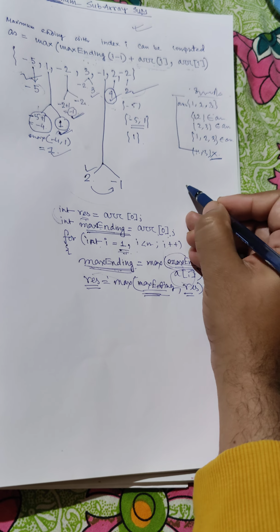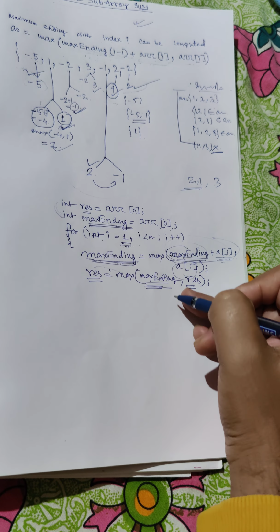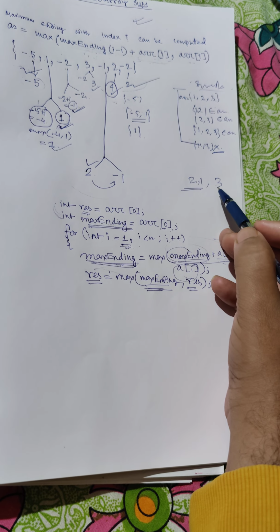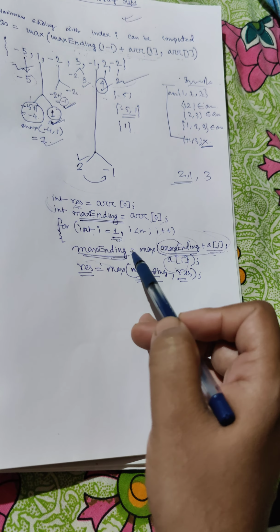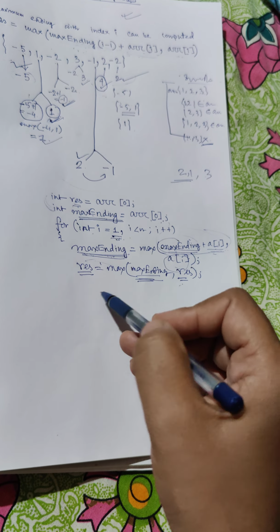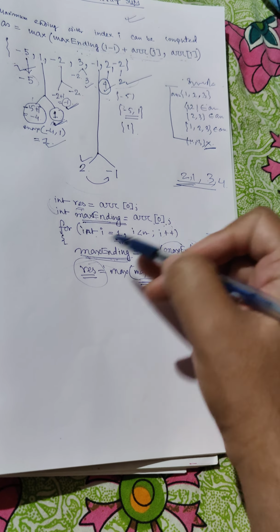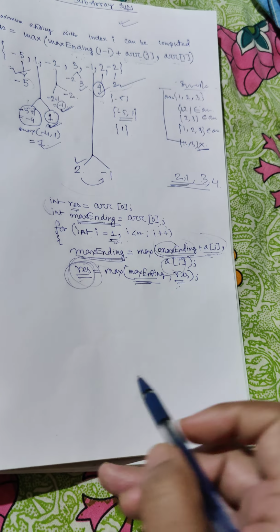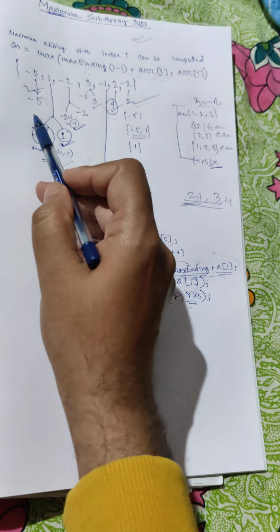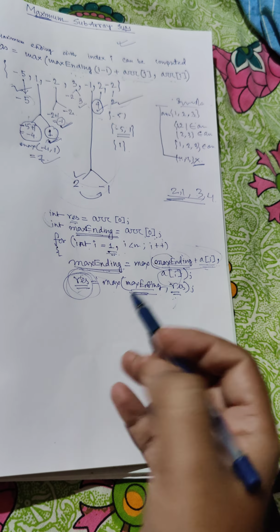Next, second and first are done. Then the third one comes, third and second. Here it is going to be the second element's max ending, and then the result and the third element's max ending. So then we get the result up to the third element. Then again the fourth. In this way we will finally reach the result of the nth element, which is going to be the maximum among all the results, because we are already comparing it in each iteration.